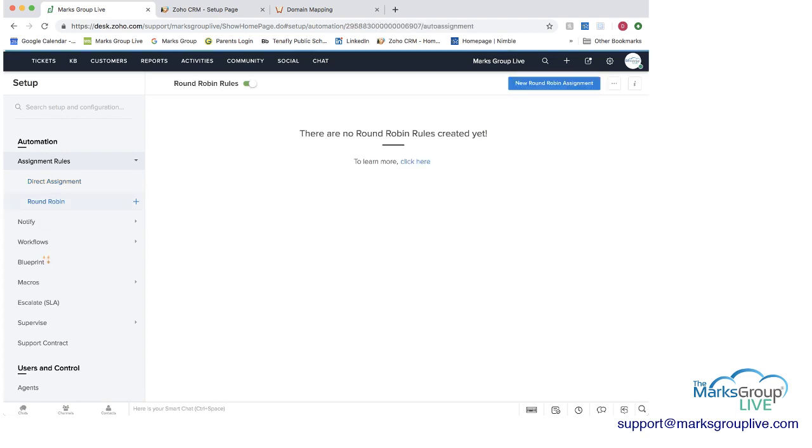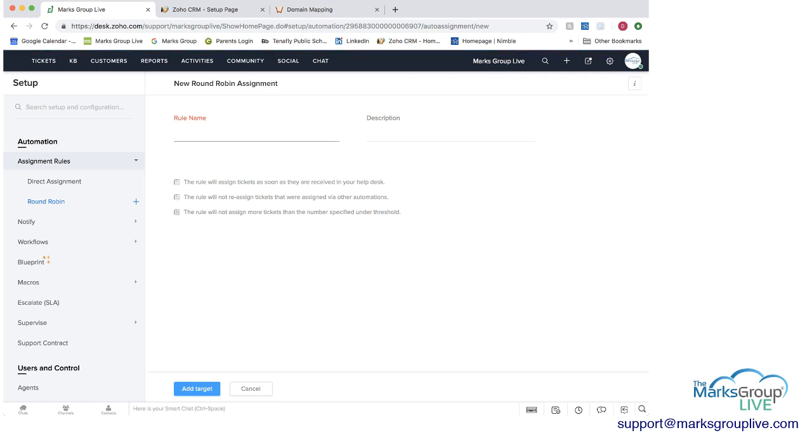Or you can just do round robin, where if we go in here, you can put a rule name, and then you can check. You can see here the rule will assign tickets as soon as they are received in your help desk. The rule will not reassign. So let's just do one here, test 2,